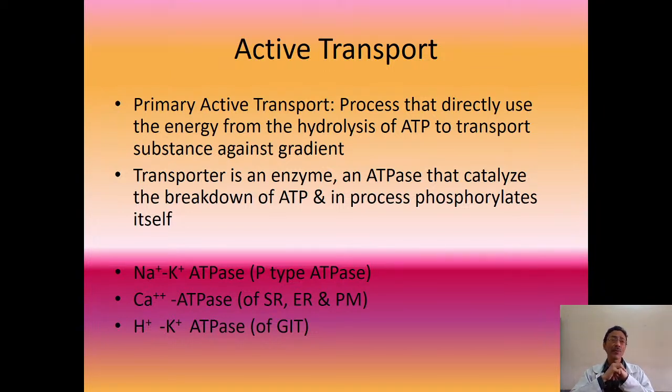Then the other is the proton pump, the H plus ATPase system, where these proton ions are exclusively secreted in high concentration, and this happens mostly in the organelles of the cell. So it may happen in the mitochondria or in the Golgi apparatus or in the lysosomes. So these are the four examples of active transport.